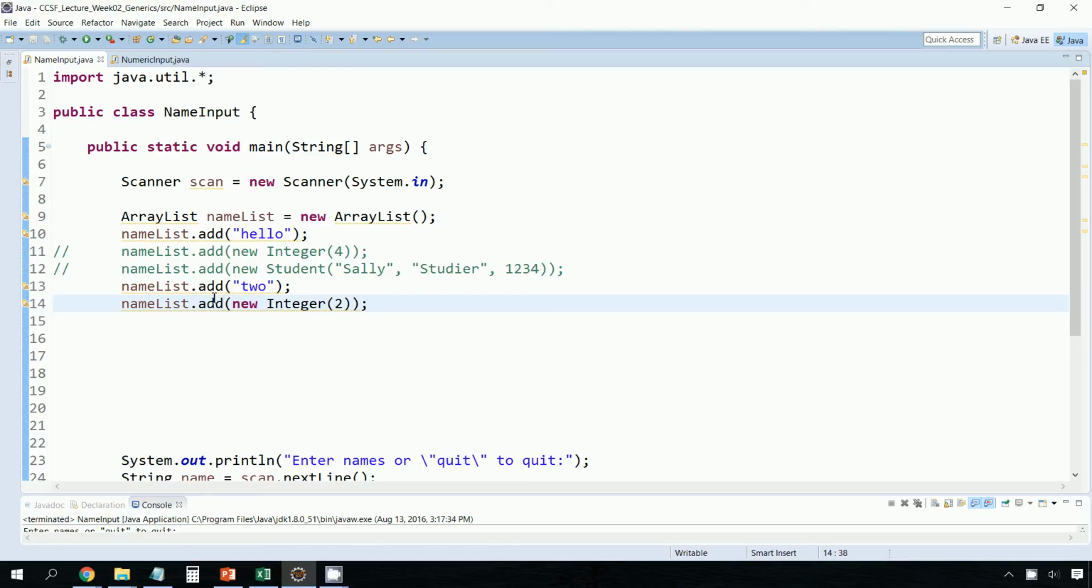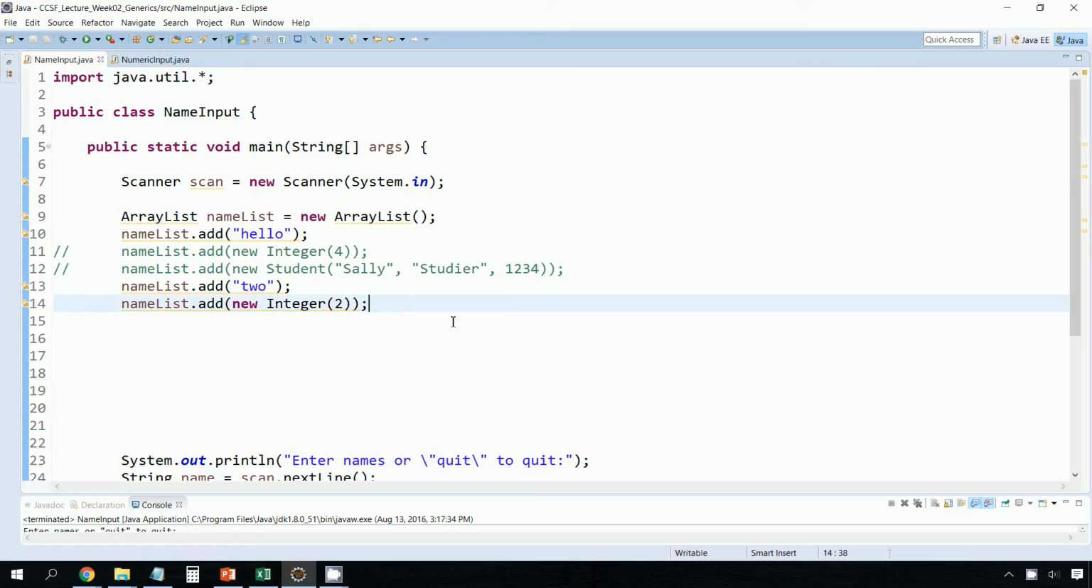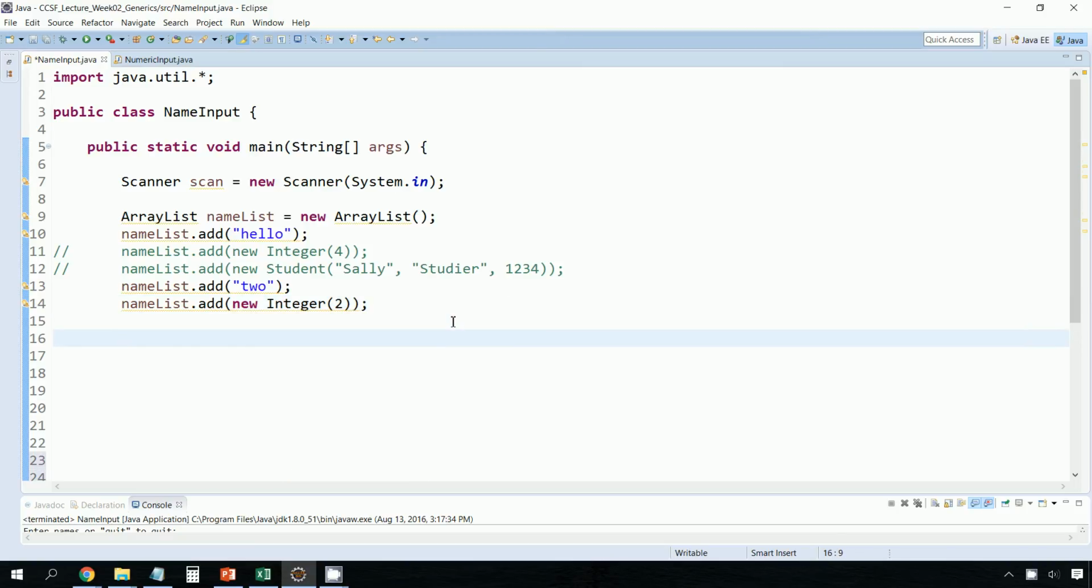Now we're allowed to do this because this array list can hold any object, but of course this is a mistake, right? From the programmer side, we didn't mean to do that. We only want to be adding strings. So later on, if I try to get things off my list,